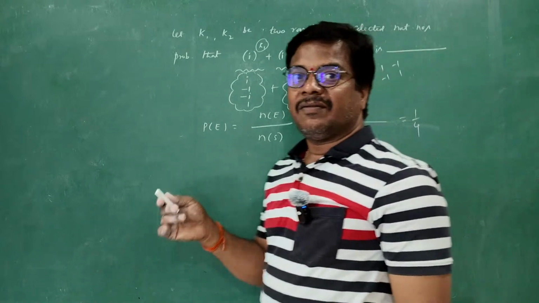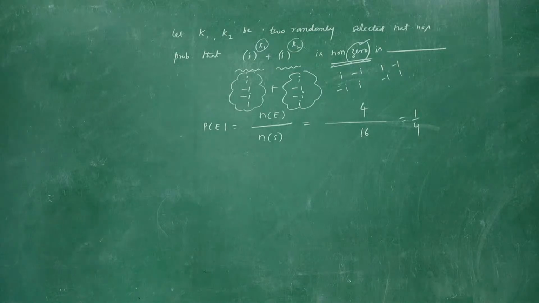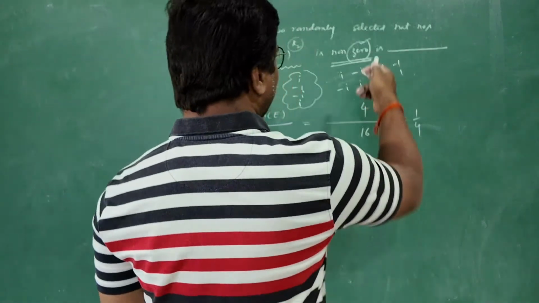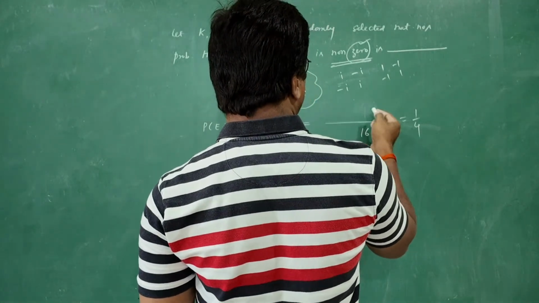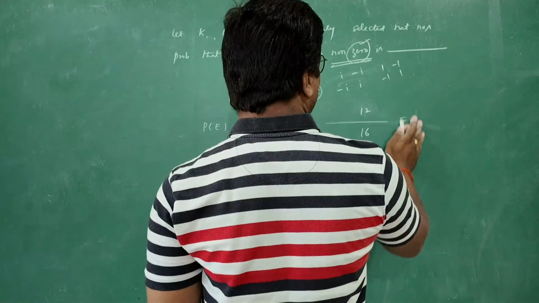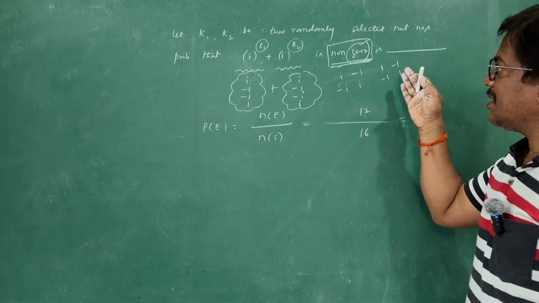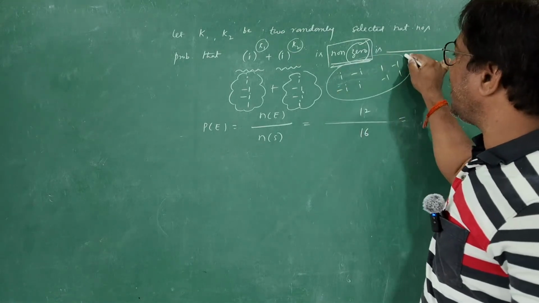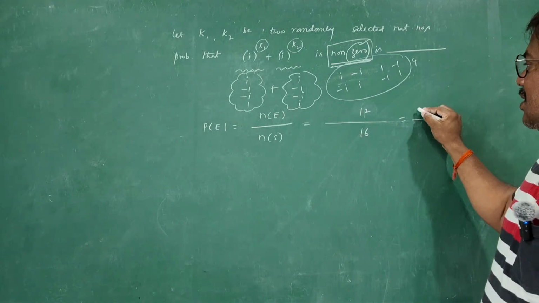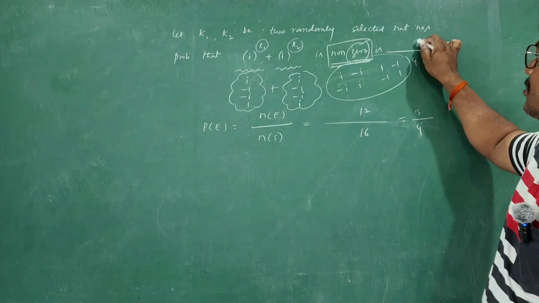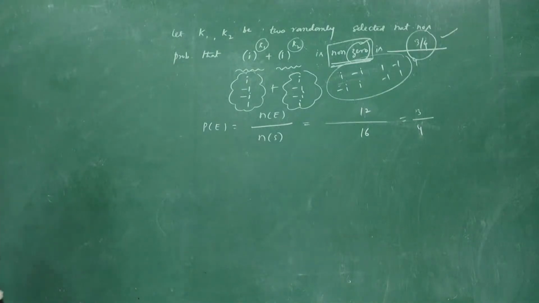That's all. Next. Actually this is the 0 combination, but in the question the non-zero combination is given, right? So if the 0 combinations are 4, then how many non-zero combinations? 12, right? That I am going to write. Actually in the question non-zero combinations are given. First I verified the 0 combinations and got 4. So automatically non-zero combinations are 12. Yes. So your answer is 3 by 4. Okay. Next